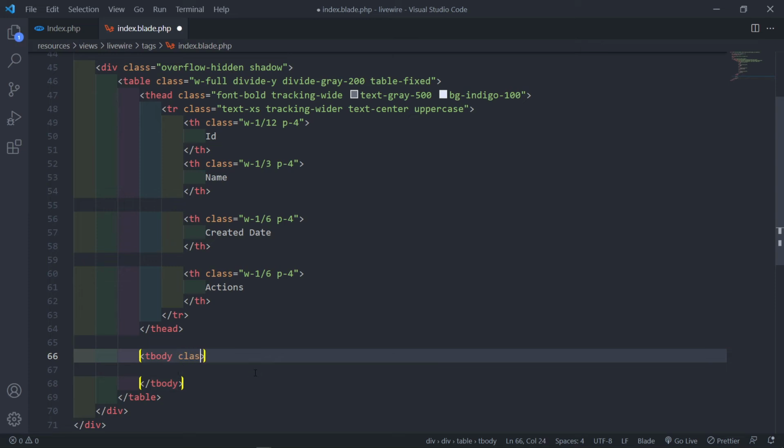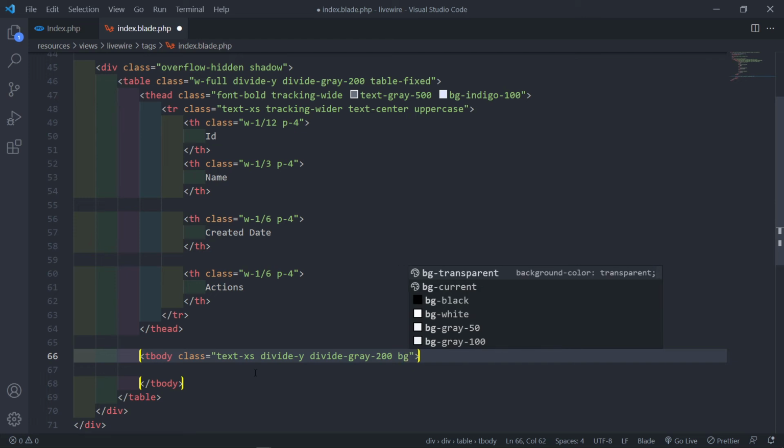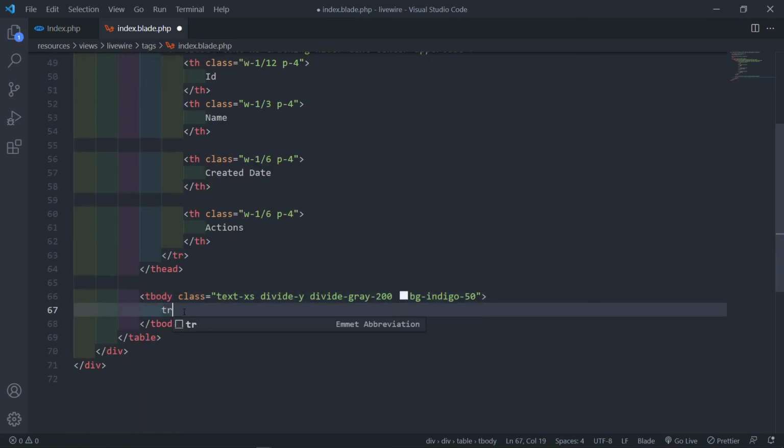All right, so let's give it a class of text extra small and divide Y. Let's say, yeah, just divide Y. And then we can just do divide gray 200, not too much. And then we can just give it a background of indigo 50. Just like that. Right, the next thing we're going to do in here is we're going to add a